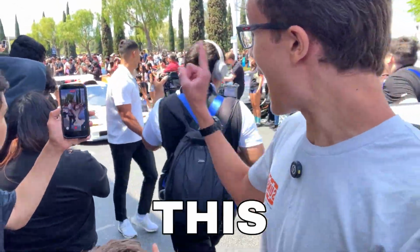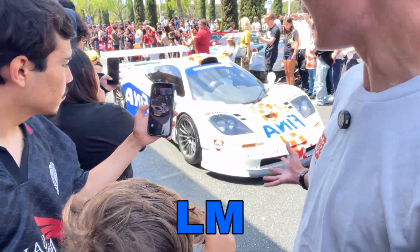Behind me, guys, is some of the craziest cars in the world, like this F1 GTR or LM, something like